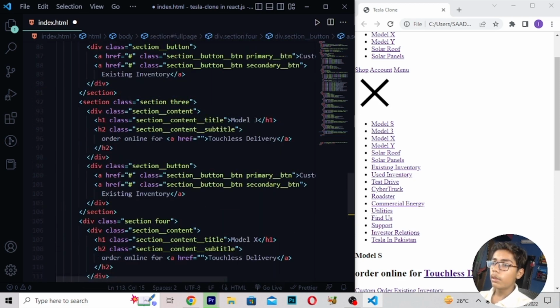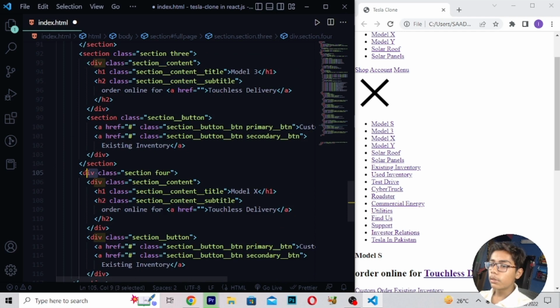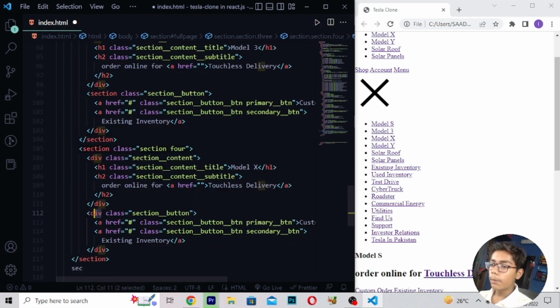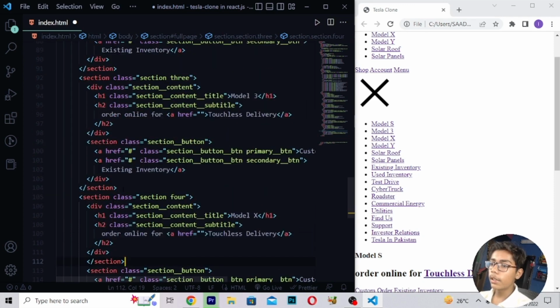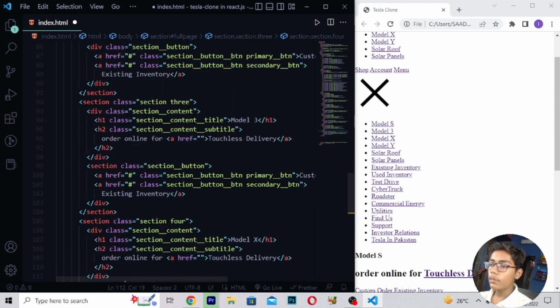Okay, so here we have made a mistake. Here we have to write section, then we will be writing section button. So simply here I will be writing section like this, then here also we will be writing section. Now when you've written all these things, I will be moving to the top to check. Here we have written this div tag, so here I will be closing the section tag, and here we have already closed the section tag. But now if I just show you, you can see we have closed the section tag.